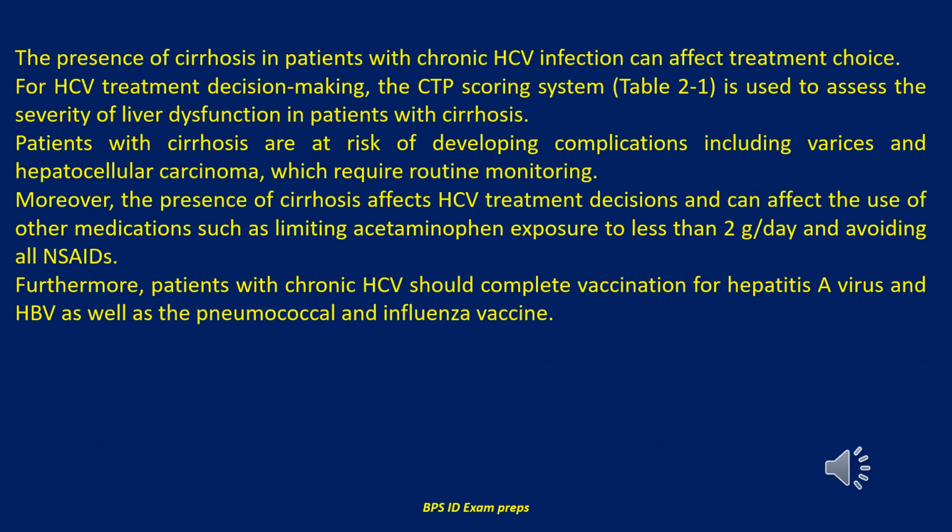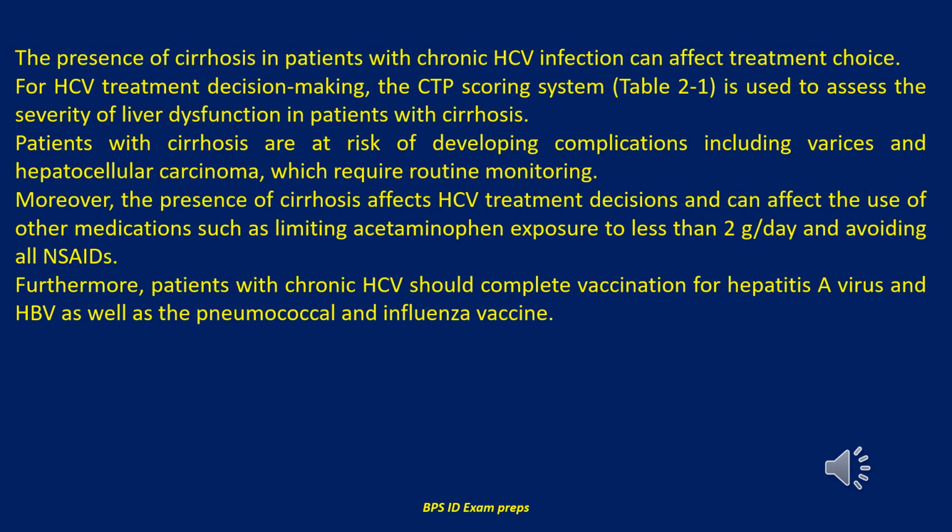The presence of cirrhosis in patients with chronic HCV infection can affect treatment choice. For HCV treatment decision-making, the CTP scoring system (Table 2-1) is used to assess the severity of liver dysfunction in patients with cirrhosis. Patients with cirrhosis are at risk of developing complications including varices and hepatocellular carcinoma, which require routine